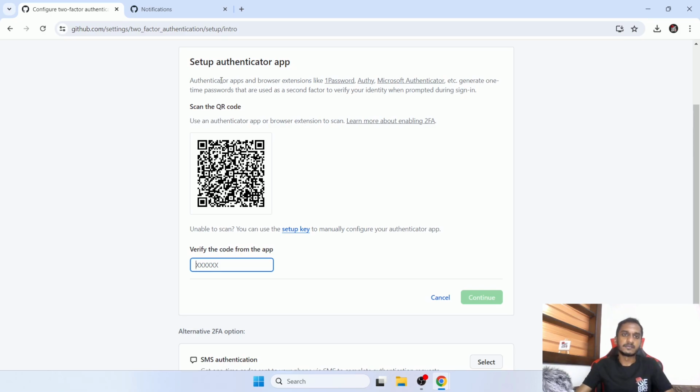So you can use any of these available authenticator applications like 1Password, OTP, or the Microsoft Authenticator, or any other available authenticator application, and from that application you need to scan this QR code. So I will use the Google Authenticator application. You can download it for free from your Play Store or Apple App Store, and then you can have the Google